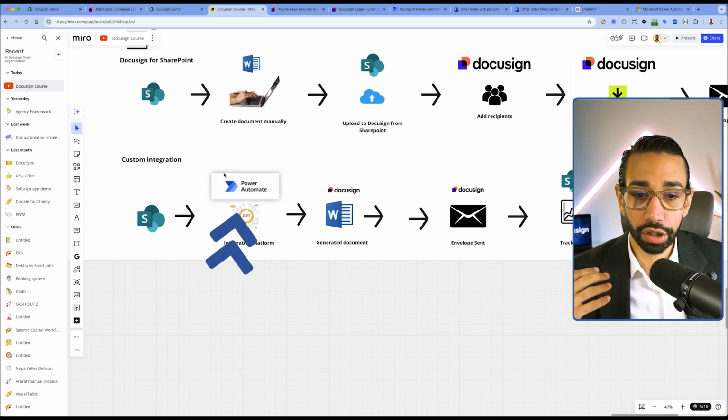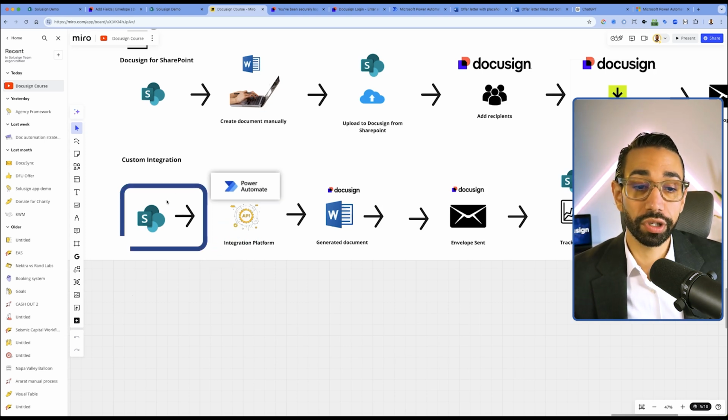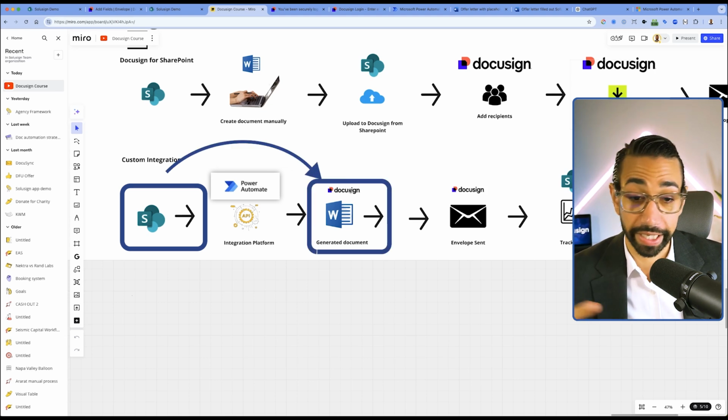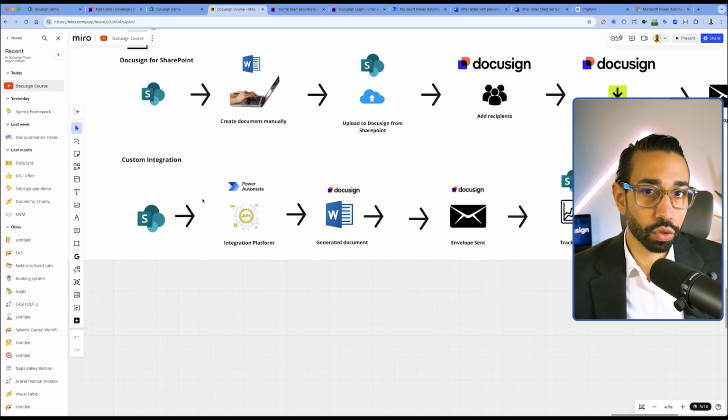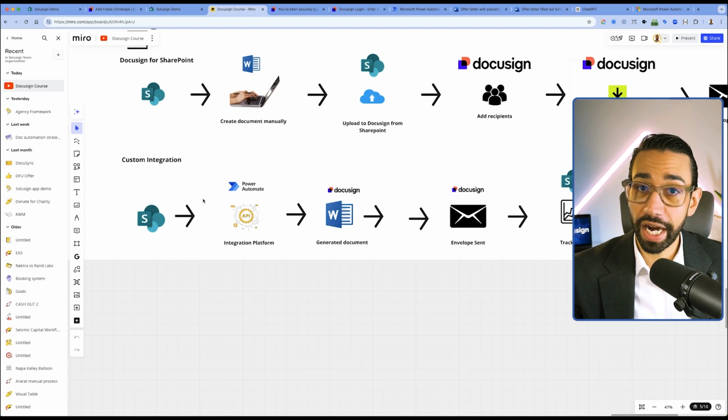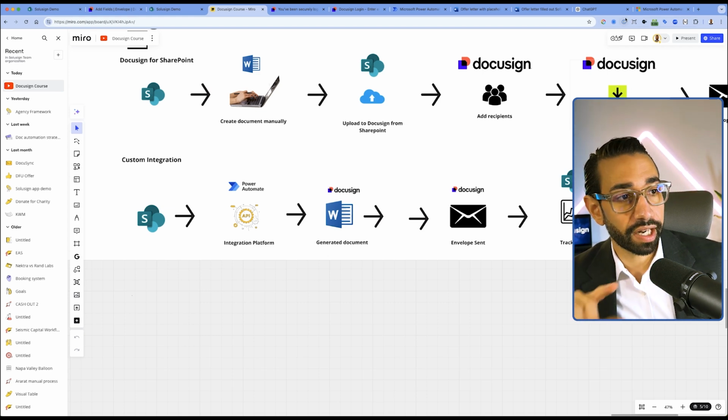And so Power Automate is going to sit between your SharePoint and your Docusign account to automate all of those workflows. So creating documents, tracking, storing, all that sort of stuff. And so the reason that I recommend Power Automate is because if you're already using Microsoft, it's going to be a little bit easier for you to integrate